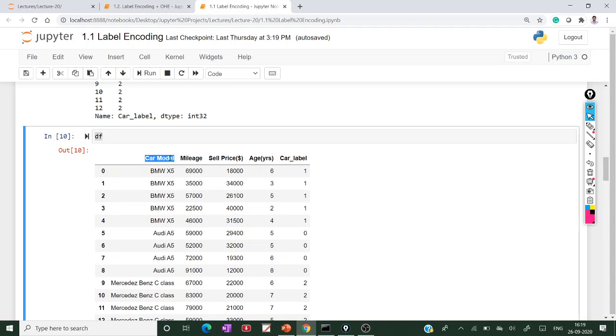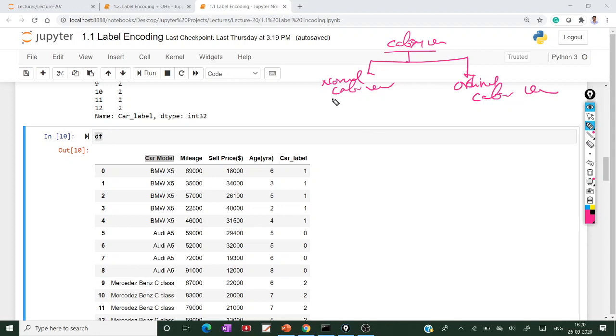This is the nominal features. So features are basically of two types. Categorical variables are of two types: the nominal categorical variable, and the second one is the ordinal categorical variable. So nominal categorical variable NCV, ordinal categorical variable OCV.